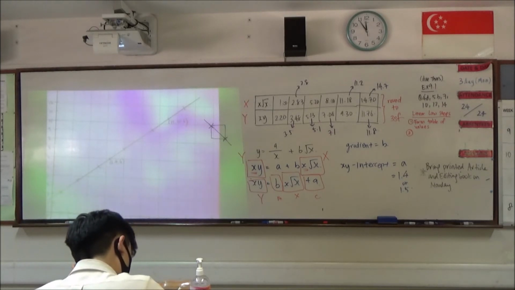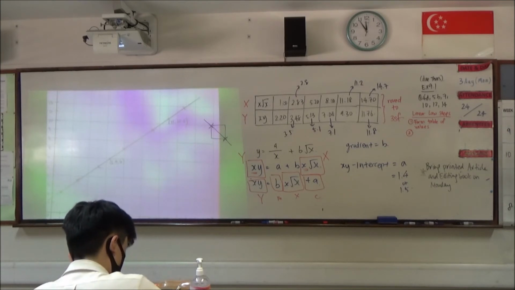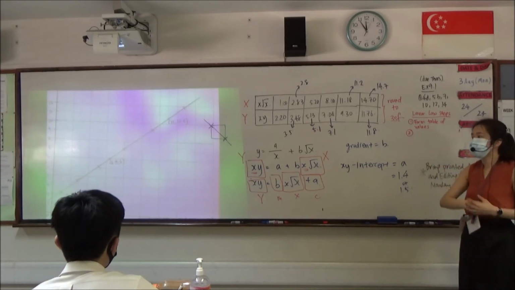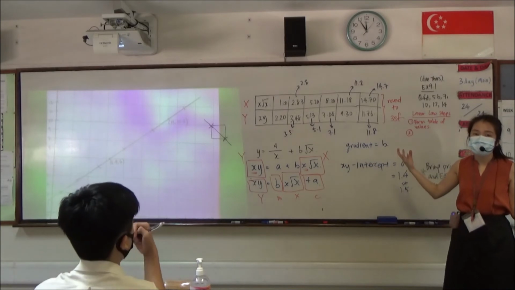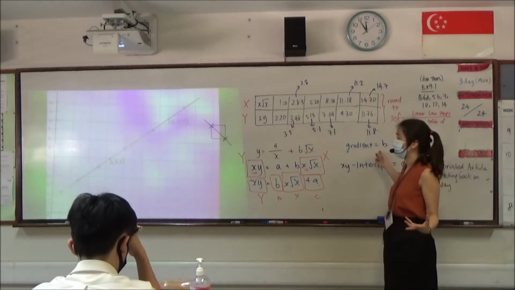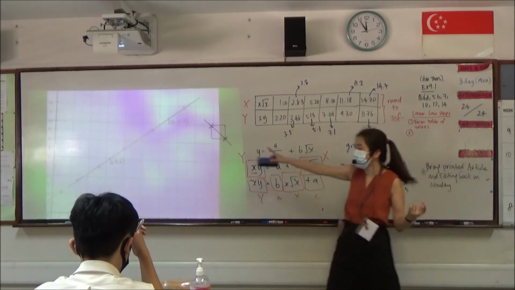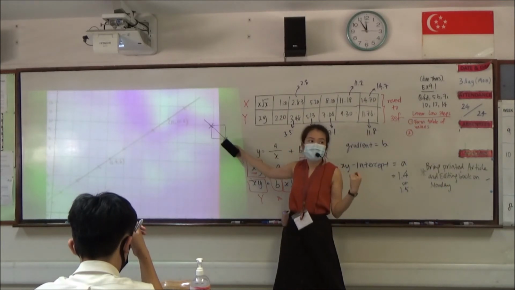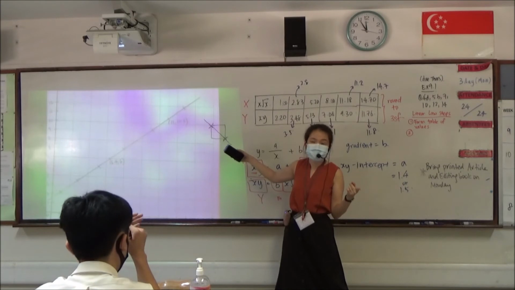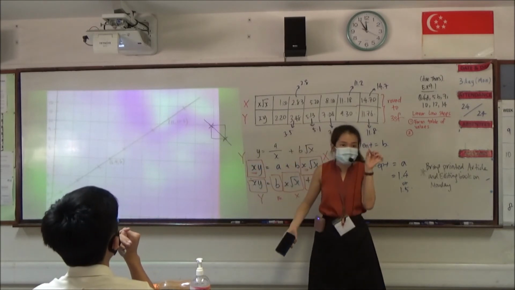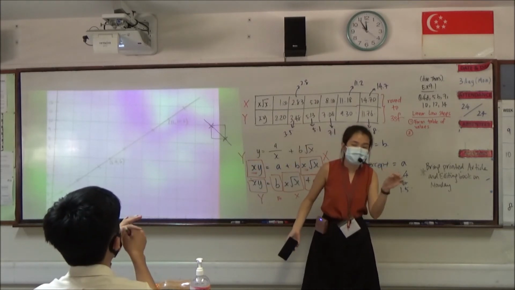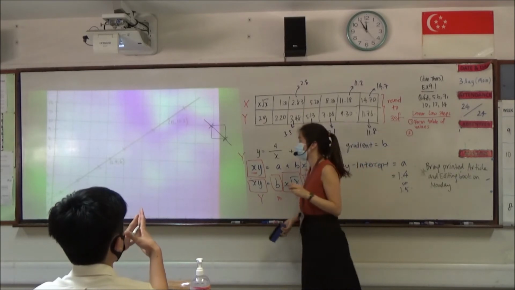Another condition about these points is that they need to be as far apart as possible, so that you can have greater accuracy in calculating your gradient. Do you all have the same points as me? Can you all find the point? It should meet very nicely at the corner. If yours doesn't, then go and find another one.